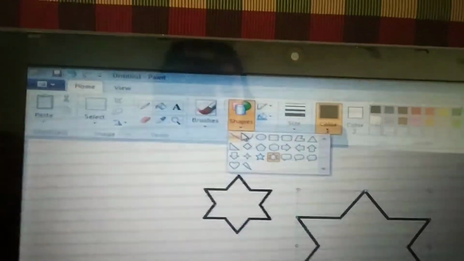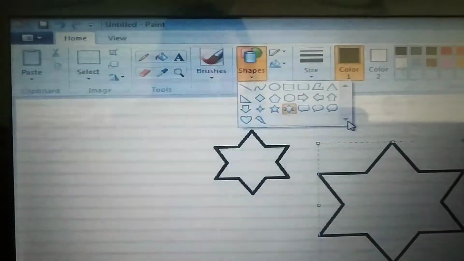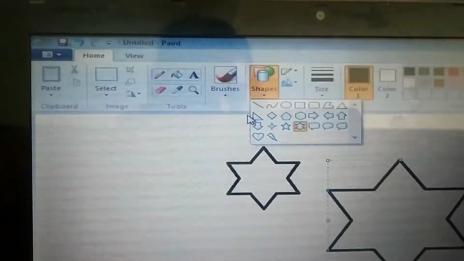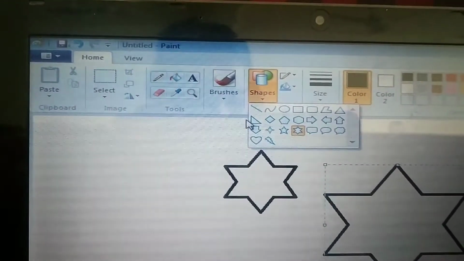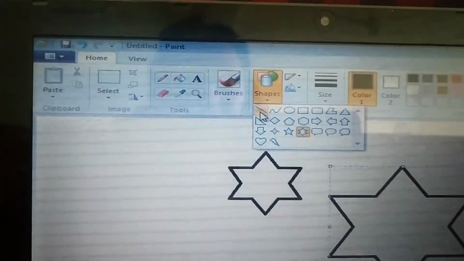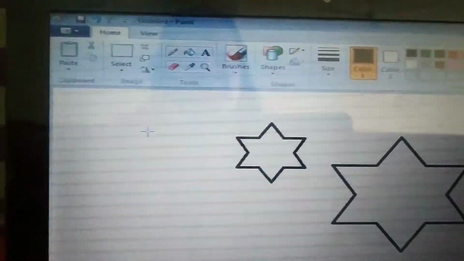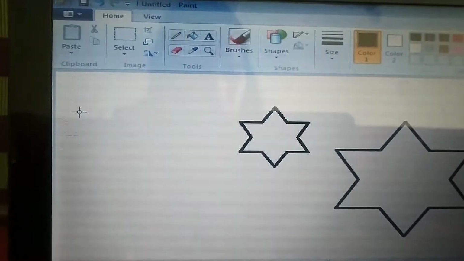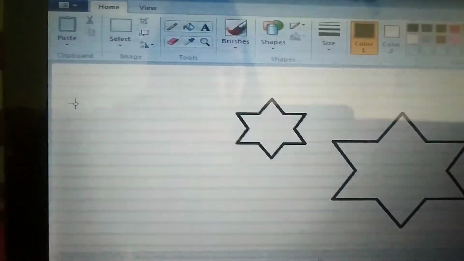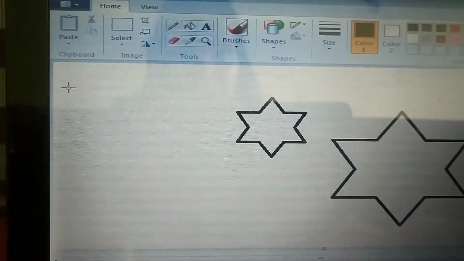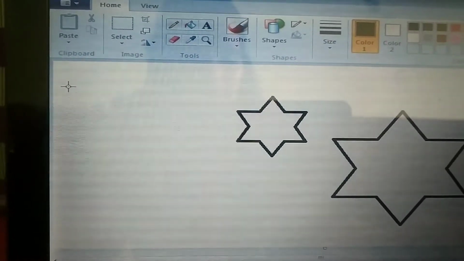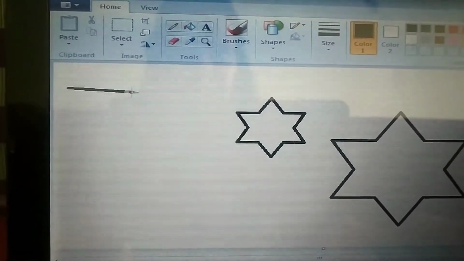Let's see how we can draw a line. Can you see a line in these shapes? Yes? Okay, let's click on the line. Here, I clicked on the line. Now, what am I going to do? I am going to click on the drawing area and I am going to drag the mouse to draw the line.